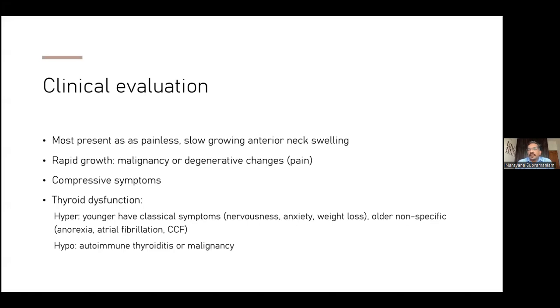Thyroid dysfunction, again, is very important when you're evaluating these patients. When you have hyperthyroidism, younger patients usually have the classical symptoms of hyperthyroidism. So they have the nervousness, the anxiety, the weight loss in spite of increased appetite. All of those are more classically seen in the younger age group. The older patients often have non-specific symptoms. So they can present with anorexia, they can present with atrial fibrillation. A lot of them present with congestive cardiac failure. So the presentation of hyperthyroidism can be a little unusual, so harder to pick up, but very important to understand if your patient